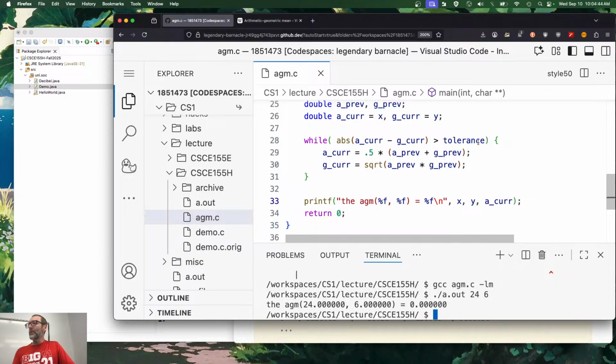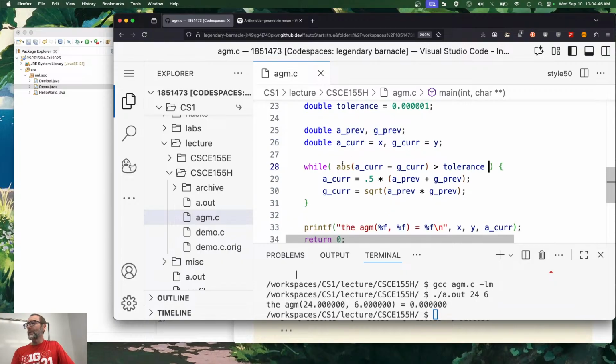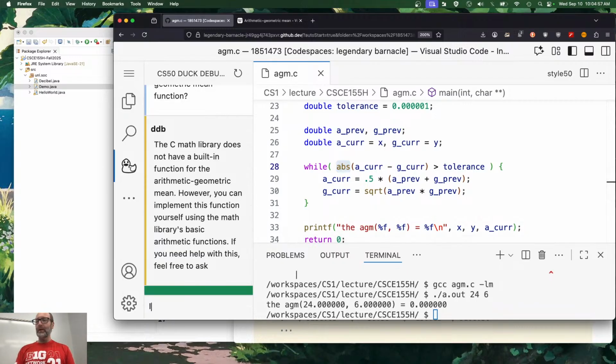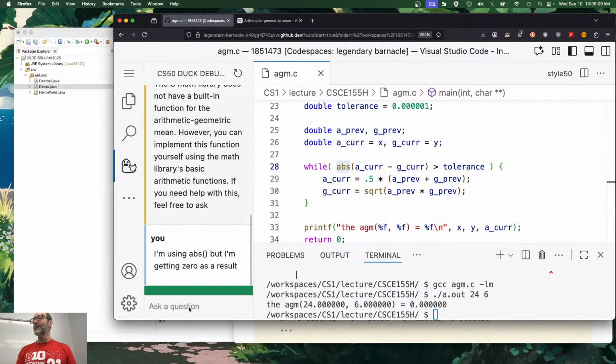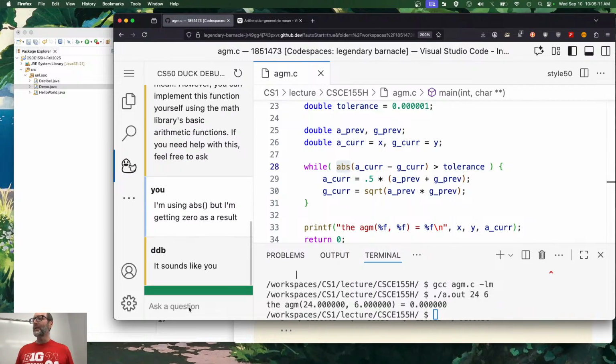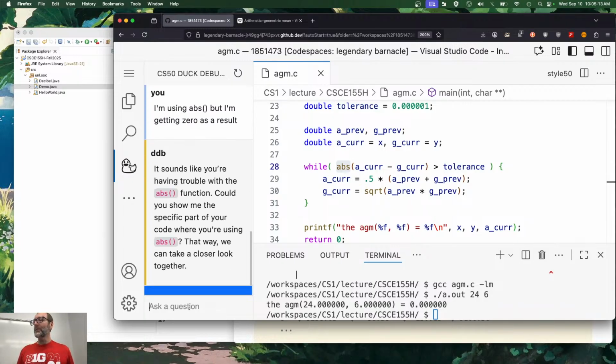I'm going to focus first on this line right here. Abs. What is that good for? What's that short for, first of all? Absolute value. Let's ask the rubber duck debugger. I'm using abs, but I'm getting 0 as a result. I don't know how precise we have to be with our language with the duck. But sounds like you're having trouble with the abs function. Could you show me